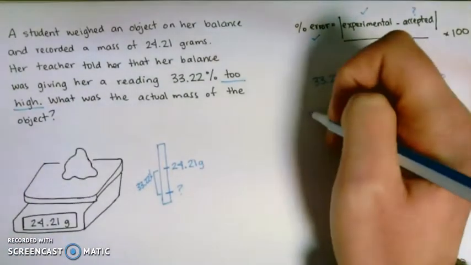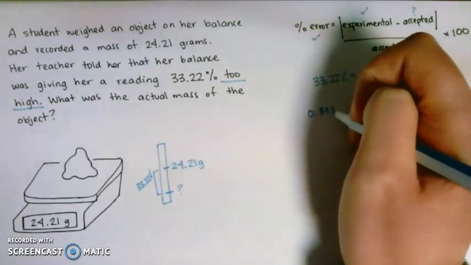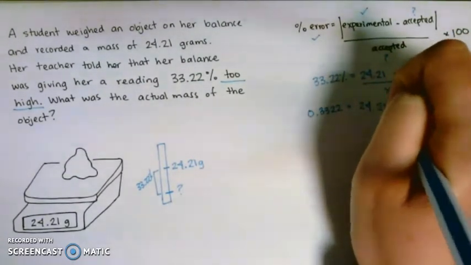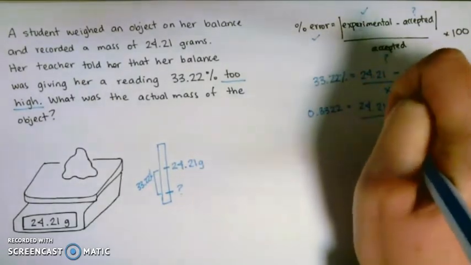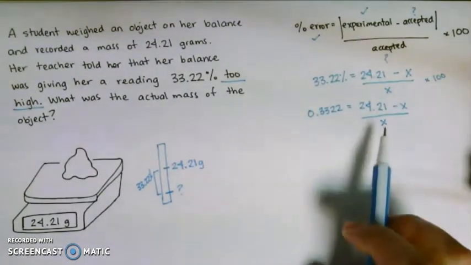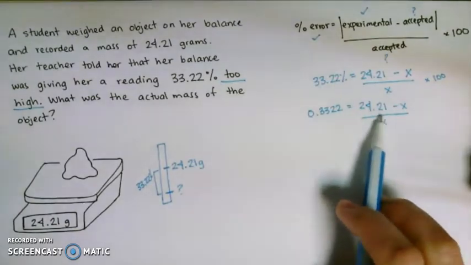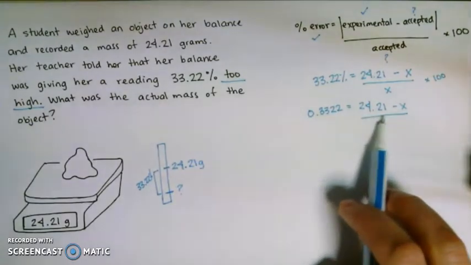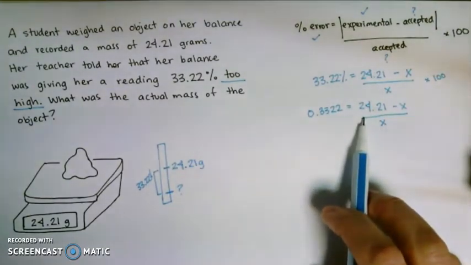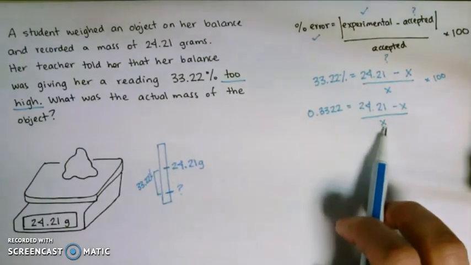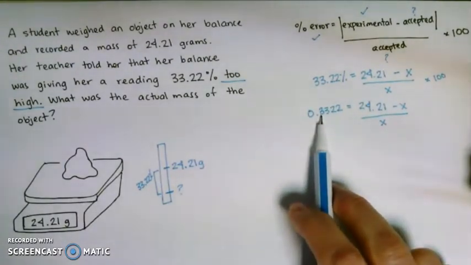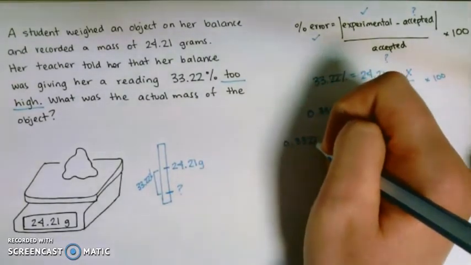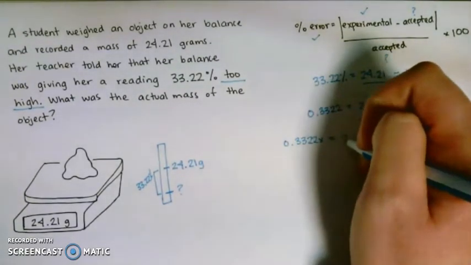So we have 0.3322 equals 24.21 minus X divided by X. Now I need to put the X, this one that is dividing, I need to bring it to the other side. Because it is dividing, I'm going to be using the opposite sign, which the opposite of dividing is multiplying. So I'm going to bring this X multiplying up to this side. So I'm going to have 0.3322X equals